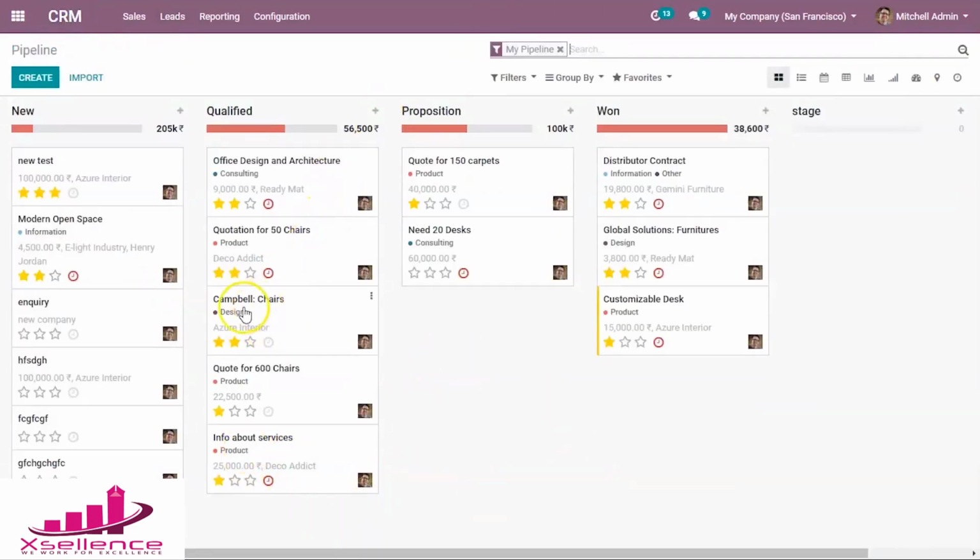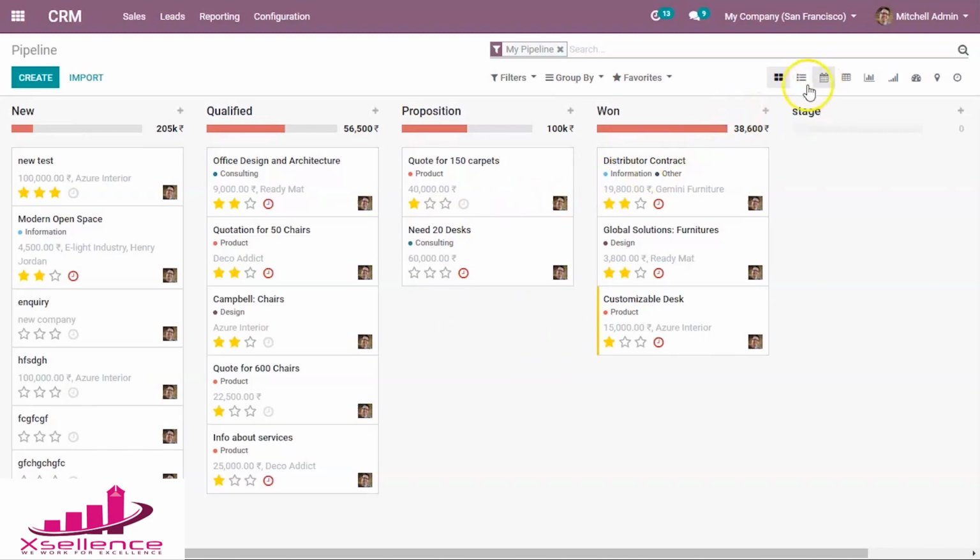This is the overview of the CRM, and it shows the opportunities of our sales team, my pipeline. This is the Kanban view, and there are different views for these opportunities. In the Kanban view, the opportunities are carded in stages: new, qualified, proposition and so on. To know more about these stages, create stage, edit stage, all are in a video. So check this video in the link above.